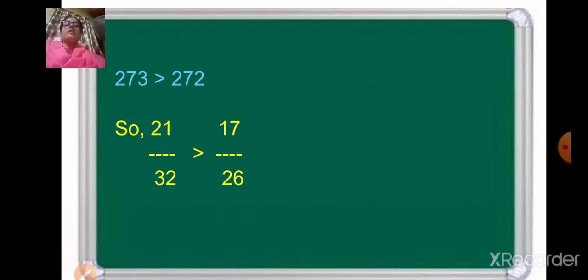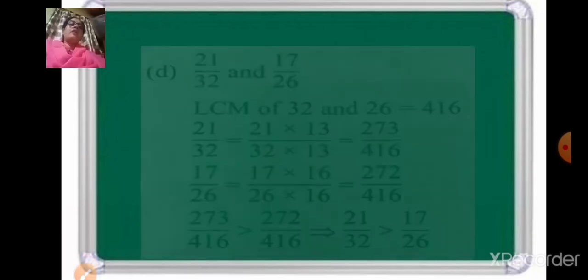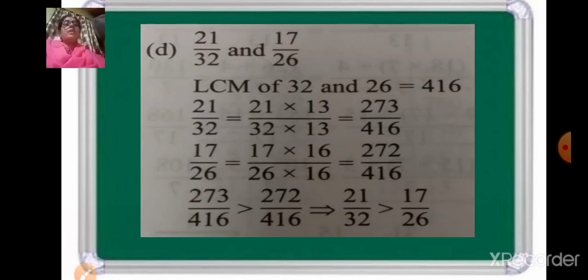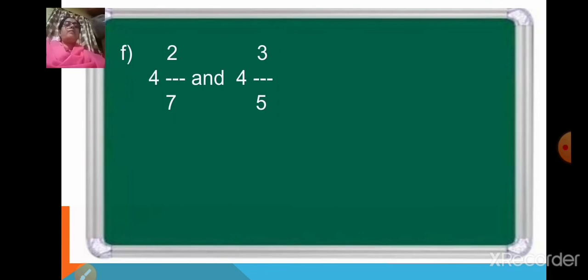Okay, so children, once you know how to take out the LCM, it is easy for you to compare the two unlike fractions. So just do the sum in your notebook and just check the answer from this slide, or you can copy it from this slide. Okay, now coming to the next sum, F sum. Now F is a mixed fraction here, where you have got a whole number and a fraction. So 4 2 upon 7 and 4 3 upon 5. So if you have a mixed number, the first thing what you have to do is you have to convert the mixed number into an improper fraction.